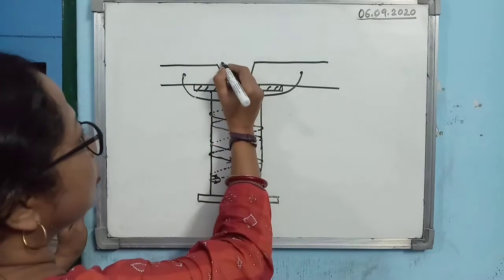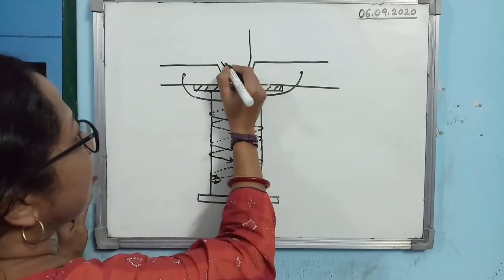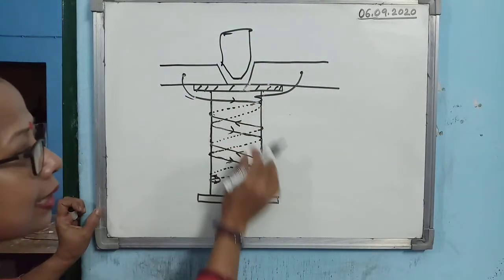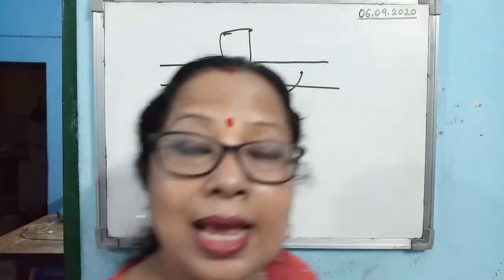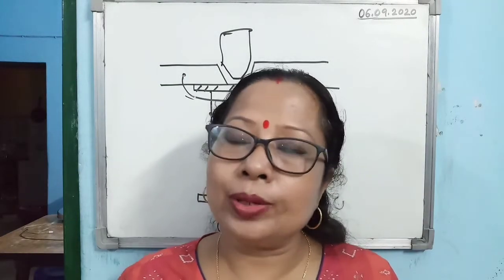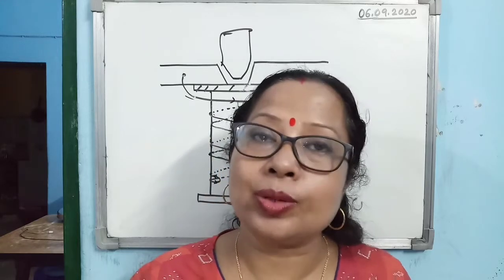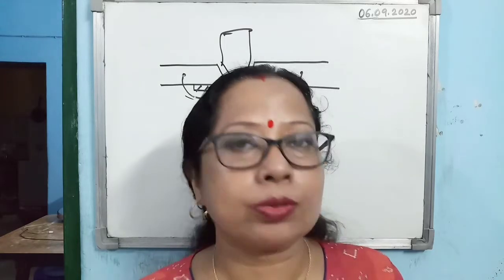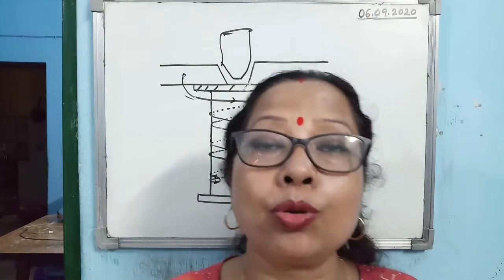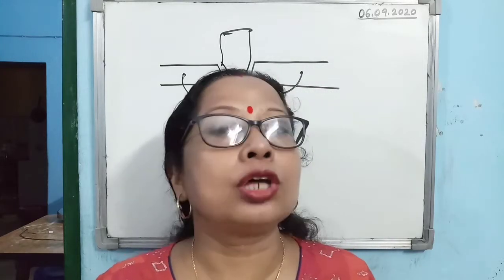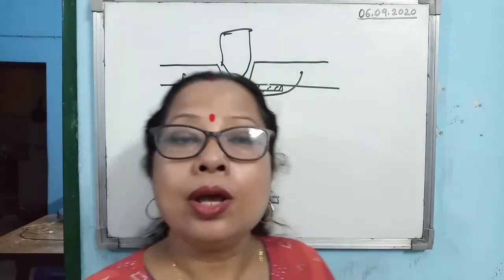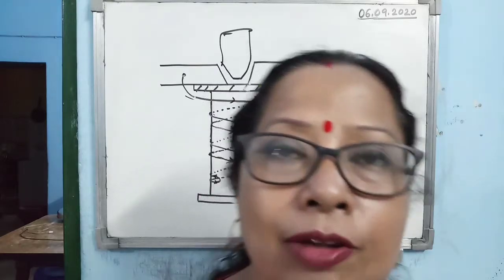You know that when you put the plug here, the current will start flowing through it, and in that case induction will not take place. Due to that, the current will grow without any resistance, without any opposition. I should not use the term resistance, I should use the term opposition. It means there will be no delay in the growth of current. Alright, this is one example where we use the concept of self-induction.